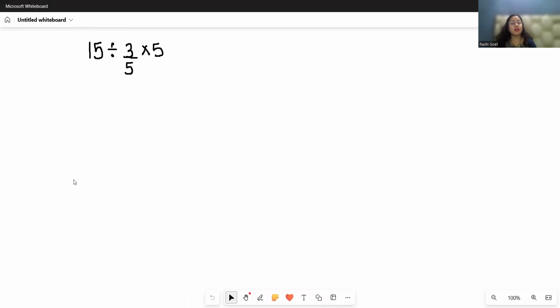This looks simple, but still many people fail to solve it because they cancel out the 5 with 5 and 15 divided by 3, they write it 5, which is the incorrect answer. Because they did not follow the right approach when you have given multiple operations, that is division, then multiplication, then